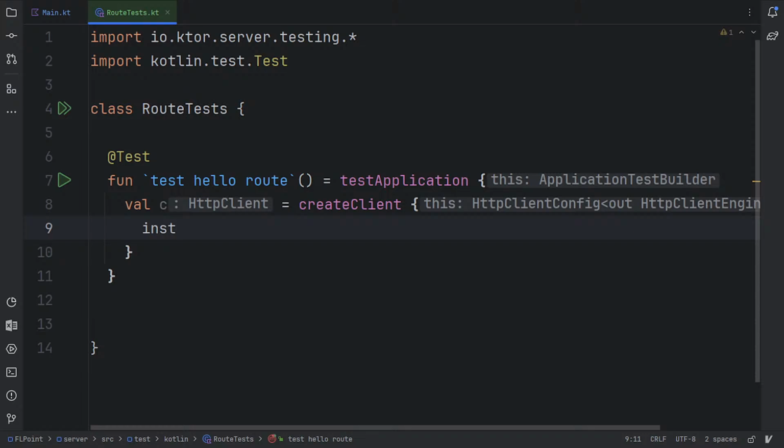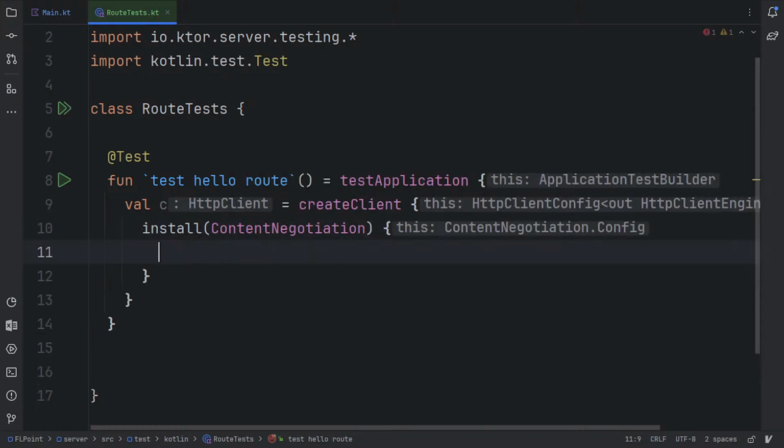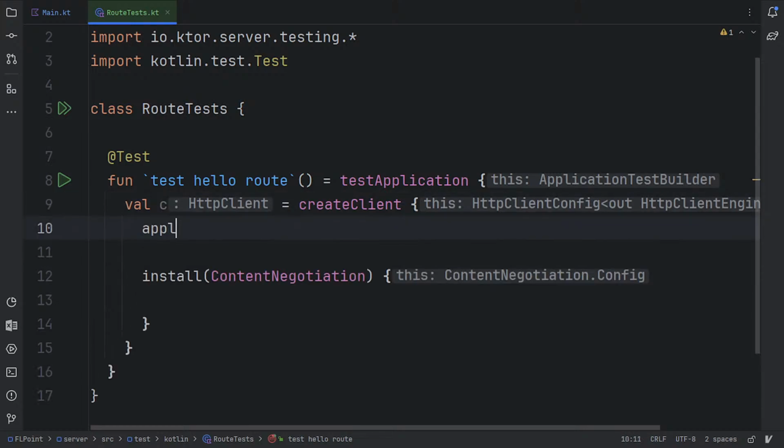That's really right. Client. Okay, we have two kinds of content negotiation. That's right. Create client. Here we have scope. Well,